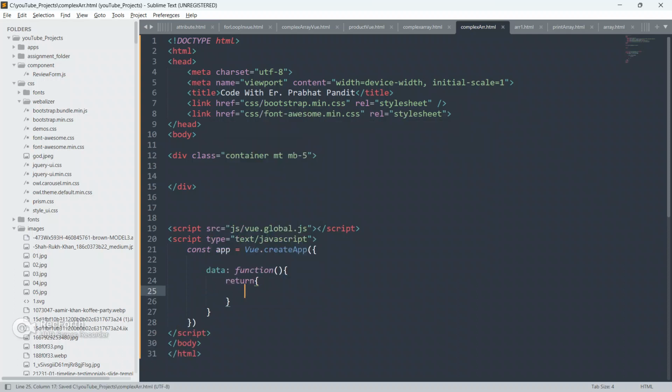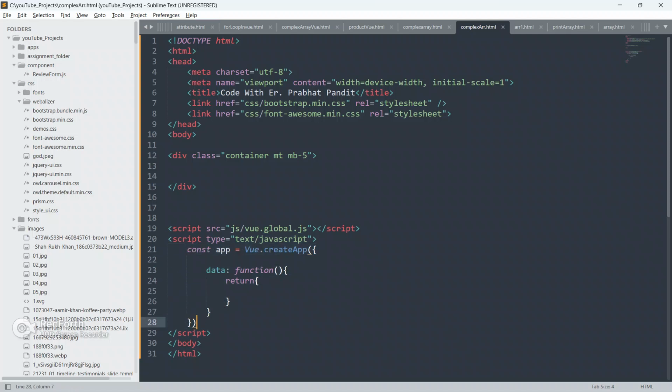So now we are gonna mount this div with this instance of Vue.js guys. Always remember guys, we will mount this div with this Vue.js instance.